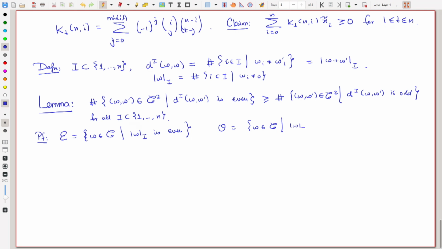The Hamming weight relative to I is odd. So, now if you look at this d_I(w, w'), this is even if and only if both w and w' belong to E. If both w and w' have an even number of bits differing from 0, then they have an even number of bits differing from each other, or w and w' belong to O. So, if both are even or both are odd,